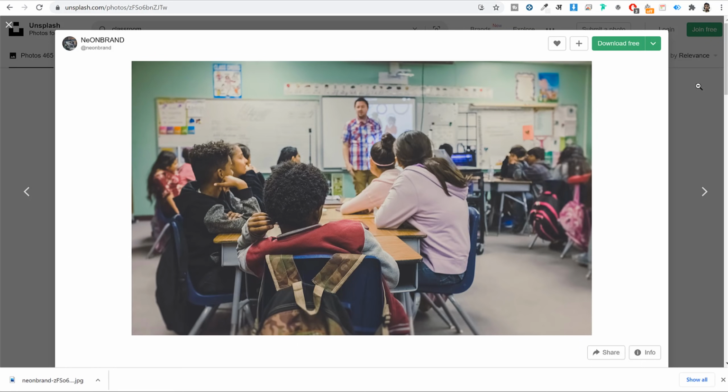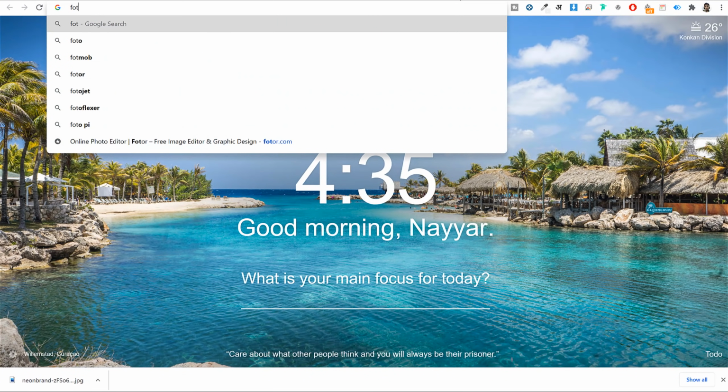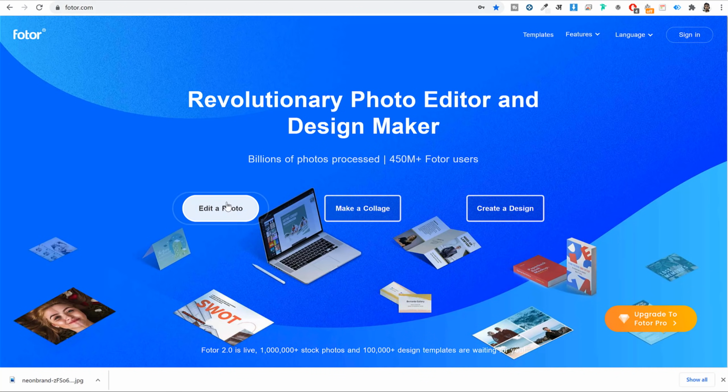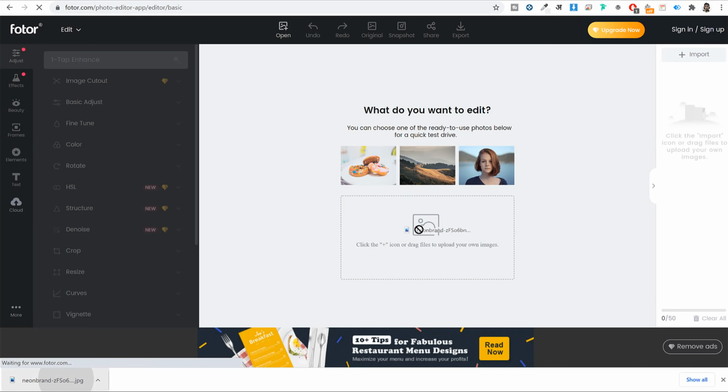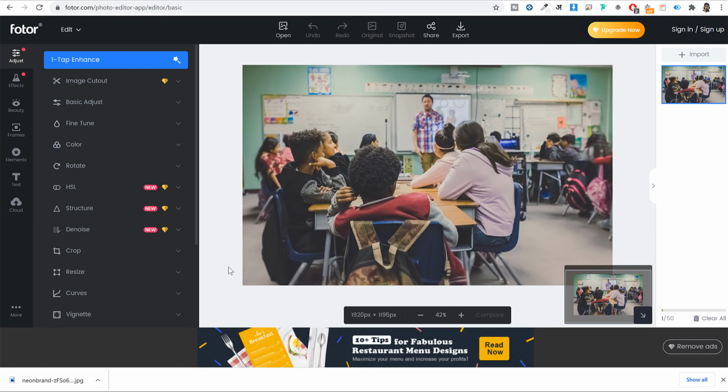To resize this image, you can go to another website, Fotor.com. Now here I want to edit an image. So I can click on edit a photo. You can upload your photo over here. So I'll just drag and drop this image over here. Now I want to resize this image. So I'll click on resize, or maybe I want to crop this image.